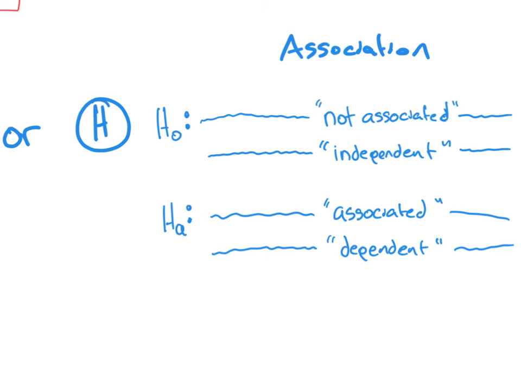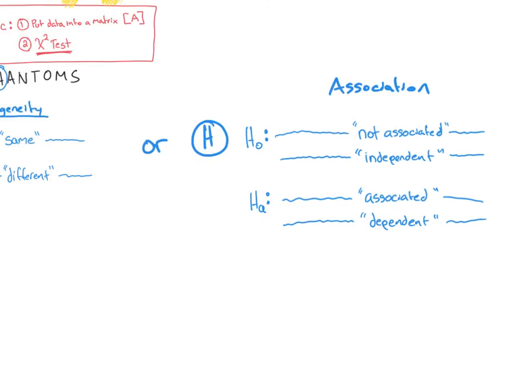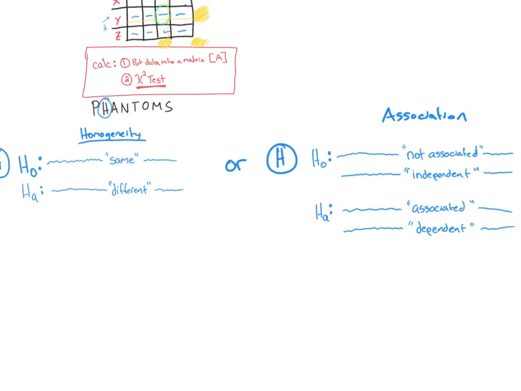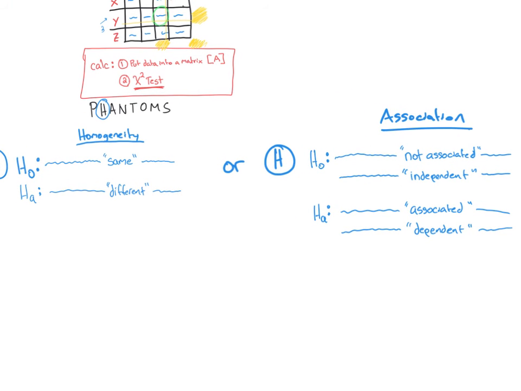Okay, so we're going to use one of those two things there. So that's the two different styles. You either have homogeneity or association. How am I going to know which one to use? Read the question. A lot of times the question will tell you which one you should be using, right? Homogeneity or association. If you need a secondary check, I'm going to tell you right now, homogeneity means that they